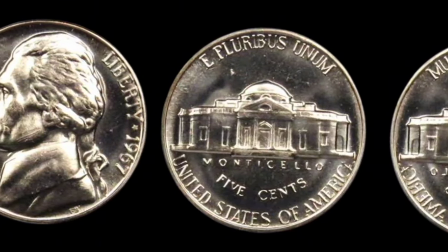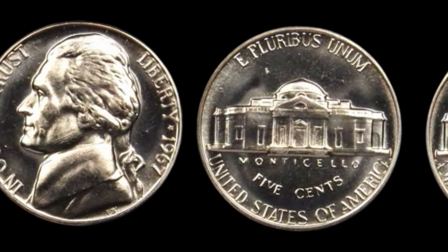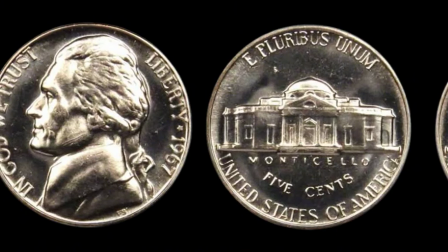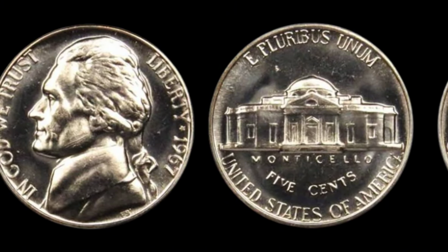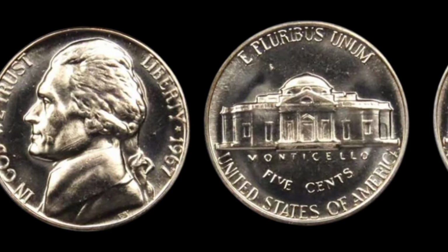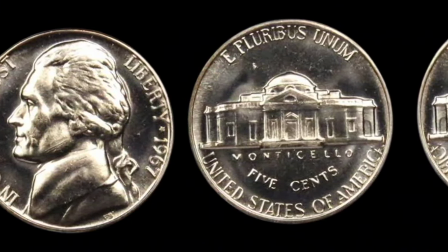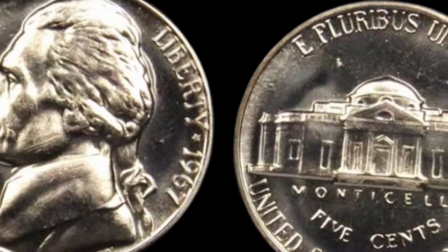Scene: a grading scale appears on screen, with MS67+ highlighted. One of the rarest features on a Jefferson nickel is having a full steps designation. This refers to the steps on the Monticello building on the reverse of the coin. To get a full steps designation, the steps must be fully struck and visible without any flattening or damage. Achieving this on a 1967 nickel is almost impossible, but the $1.8 million coin has this exact feature, making it